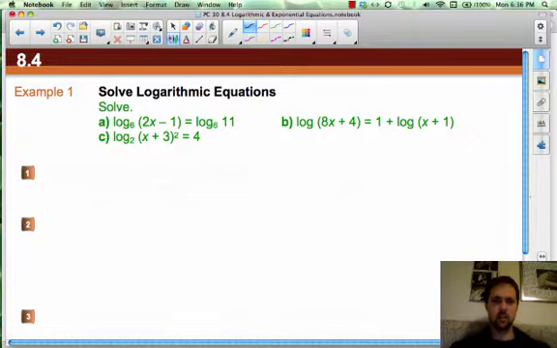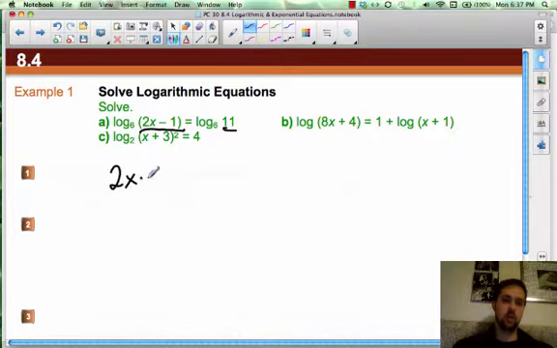Alright, so let's solve a few of these logarithmic equations just to get some practice with it. Starting with number 1, log base 6 of 2x minus 1 equals log base 6 of 11. Now, since we're taking the log with the same base, these things must be equivalent. So if we basically got rid of the log base 6, then